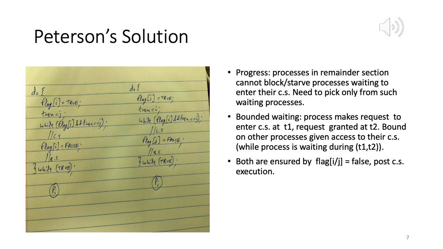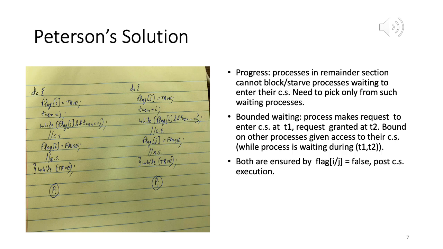What is the maximum that Pi has to wait, if Pi is waiting to enter the critical section? The maximum time it has to wait is the time it takes Pj to get out of its critical section. So there are only two processes. Pi is waiting means that Pj is in its critical section. Otherwise it would not have to wait. If Pj was not in its critical section, Pi would have gained entry into its critical section. So the only way that Pi can wait in order to gain entry to its critical section is when Pj is already in its critical section.